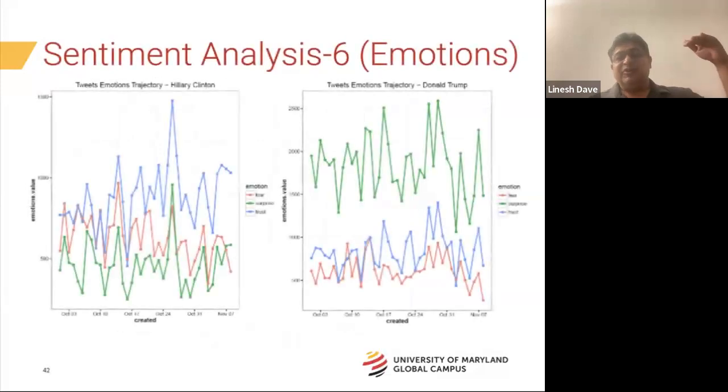Then we put the same emotions, or at least the top ones in both Clinton and Trump tweets, on a scale, on a range there, chronologically. How were they really going up and down? How much was surprise going up and down? How much was trust going up and down? How much was fear going up and down, and so on? Okay, so again, these were the different types of analysis, and as I said, we can just keep going here,